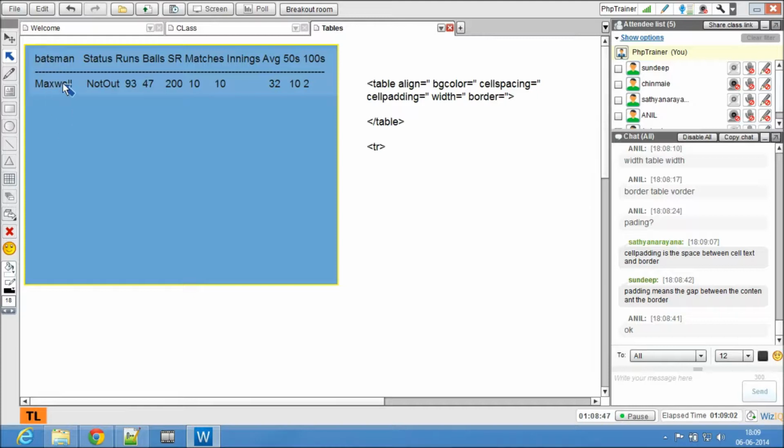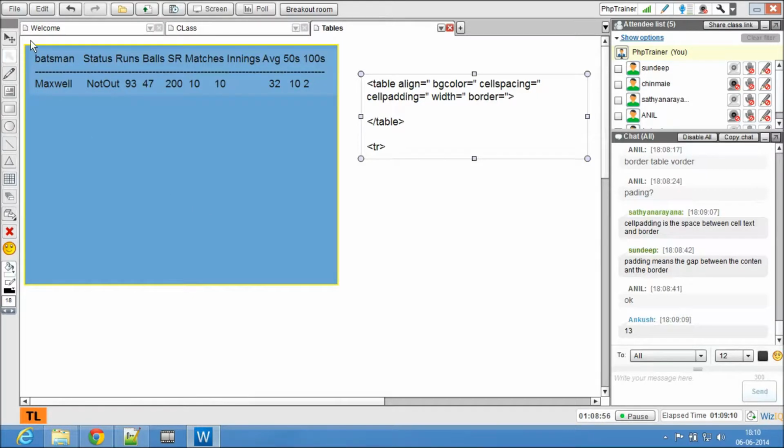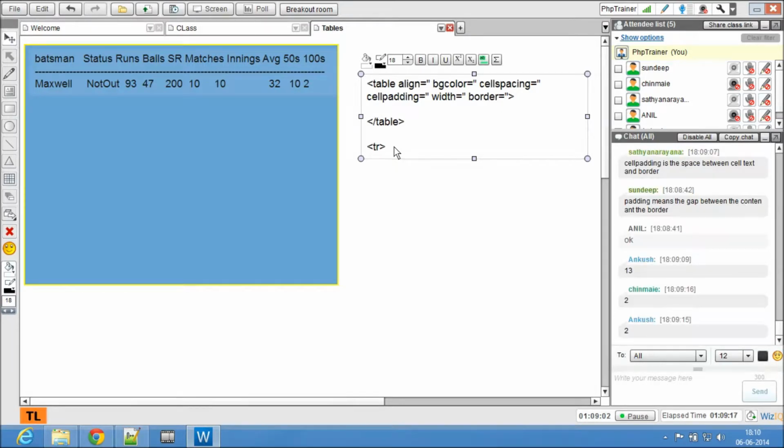So now how many rows does this table have? This table, the entire blue colored table, or the cricket scorecard table, how many rows does it have? Two. Yeah. So again, TR has certain attributes.